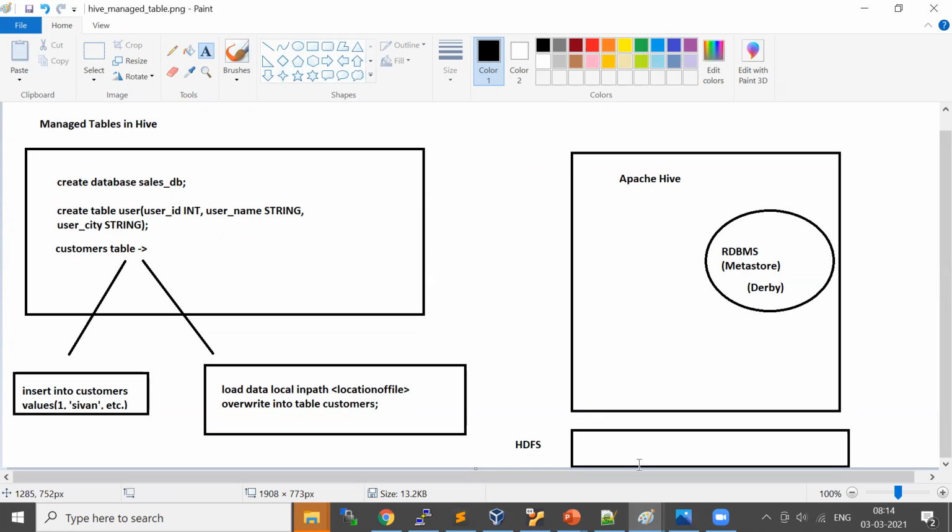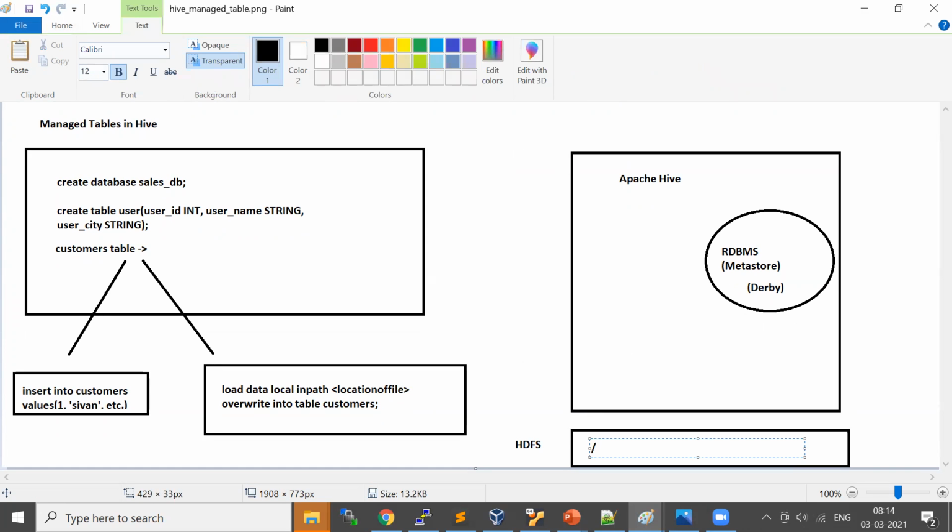In HDFS, there is a default directory called /user/hive/warehouse. This is called the warehouse directory.